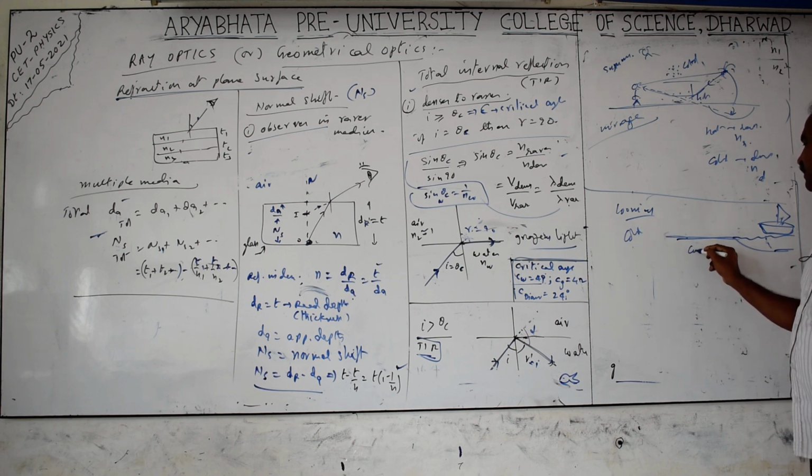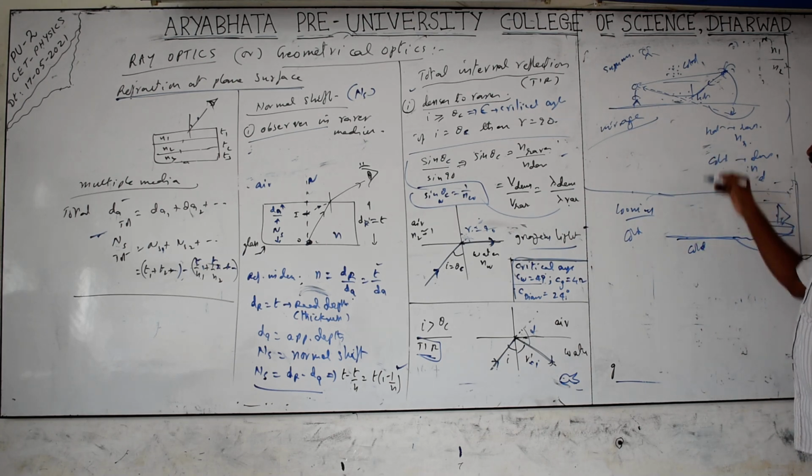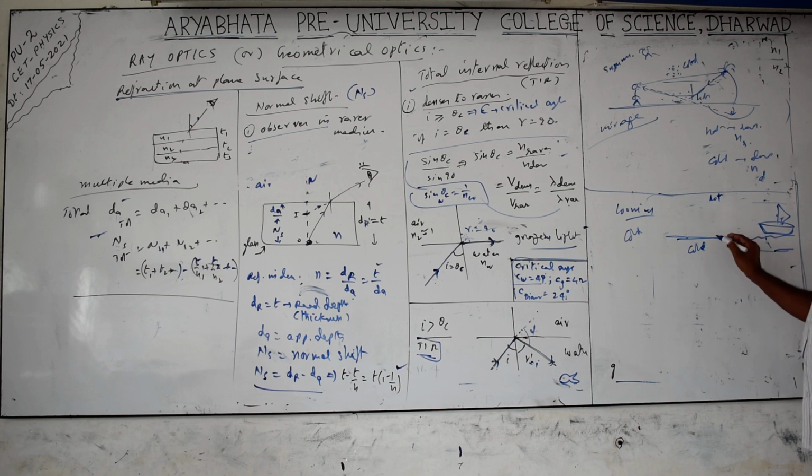The ground will be cooled. Comparatively hotter air you will find in the higher areas. Light should travel from cold to hot. Close to the ground you will find cold air, and far away from the ground it is comparatively warm. It is actually warm air, but I'm just taking it as hot air. These are the denser medium and the rarer medium. Light rays coming from here to the observer travel from cold to hot.